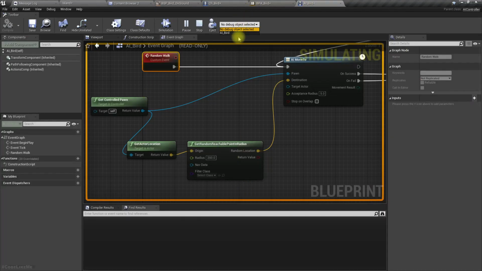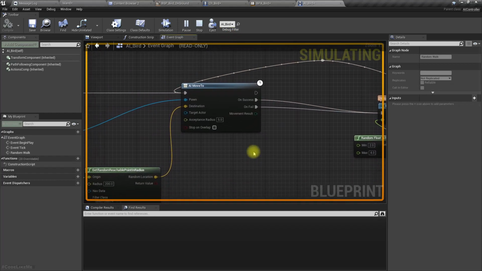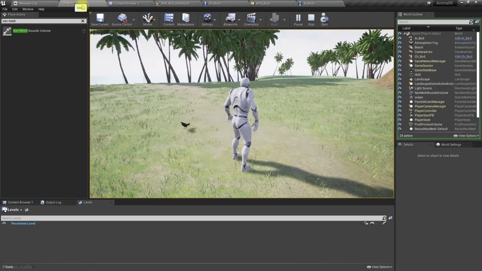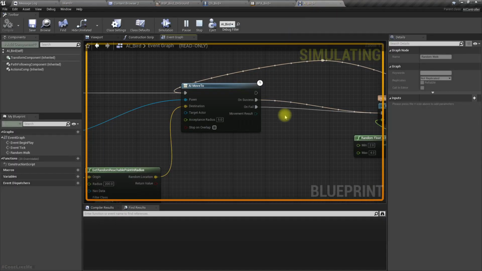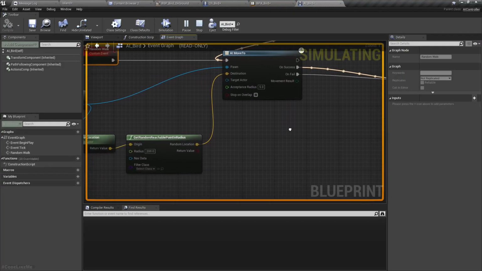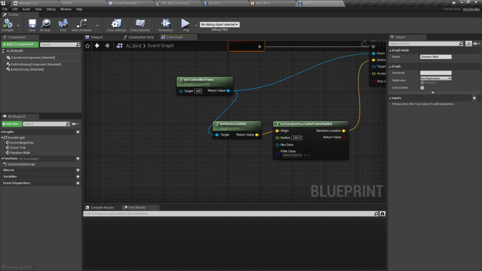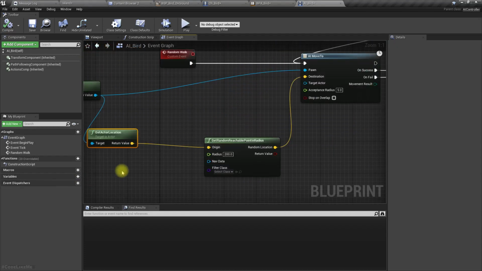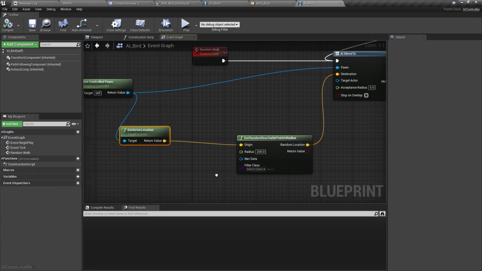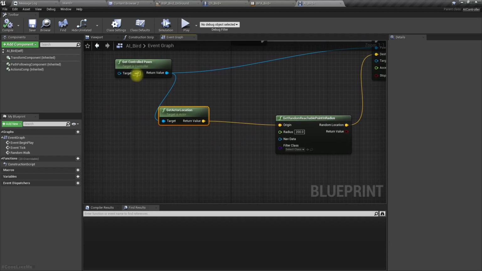Let's see what's going on here. Oh, I think I see what's going on. We are getting too close locations. So to make sure that we get some location further away from the current location, we can do something like this.